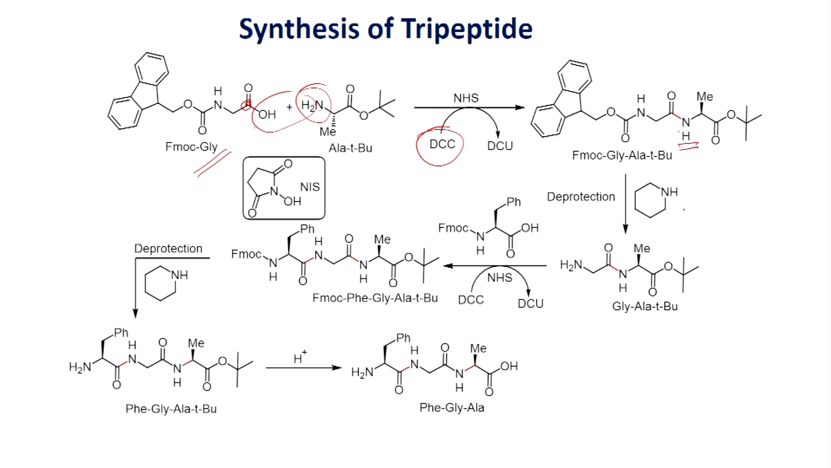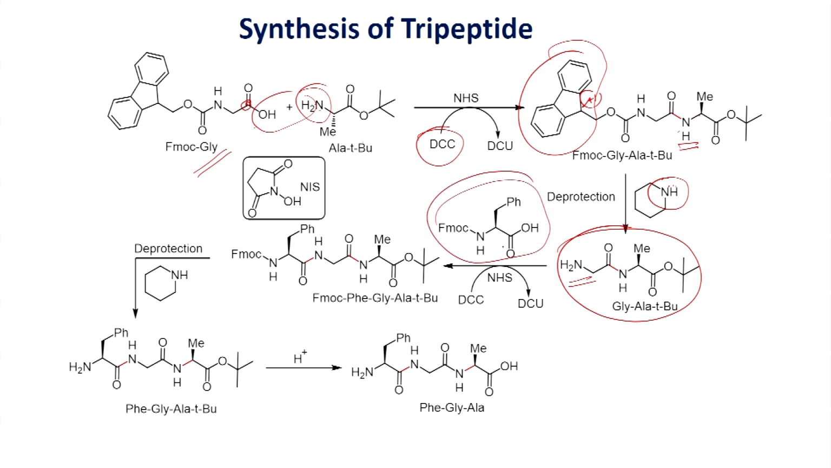Once you form this one, as we have just seen, it can act as a base. You can deprotect this proton. You will be able to form this dipeptide. Once you form the dipeptide, you have the free NH2. The other one has the free carboxylic acid. This is derived from phenylalanine. Now again you can make